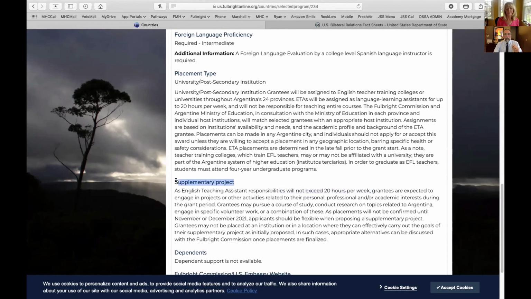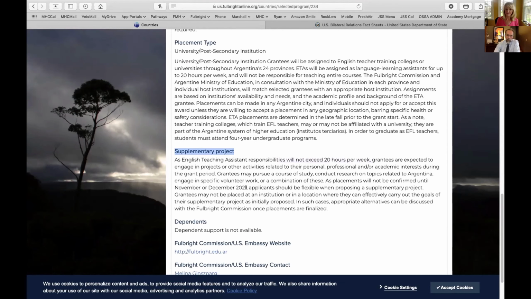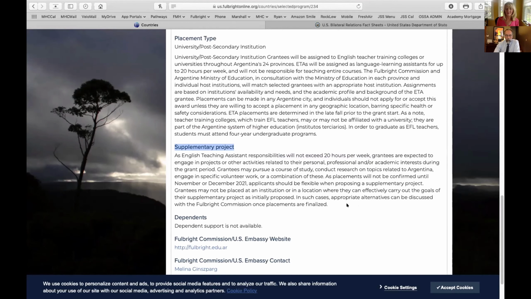And you'll also need to put up a supplementary project for consideration on the reviewer's side. And so this is something you want to pay attention to, especially in Latin America. What are you going to be doing outside of the classroom? These are very popular places to go. How else will you be spending your time? Did I catch everything there, Christine?